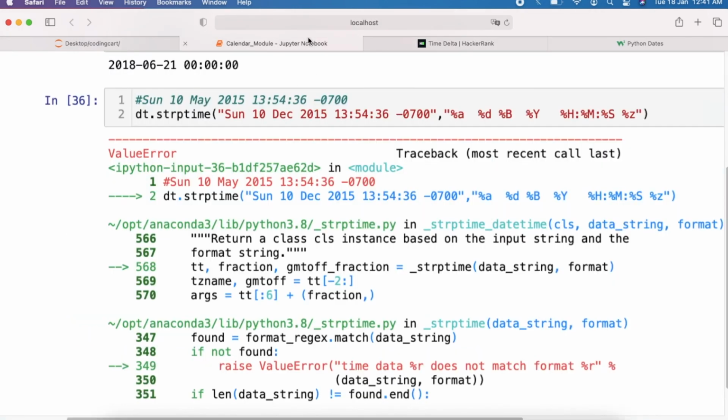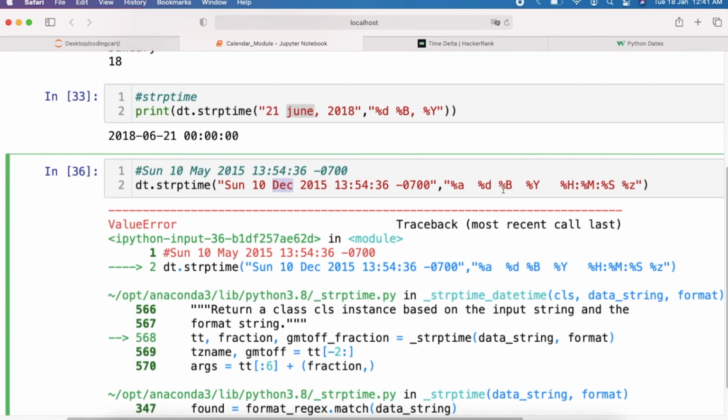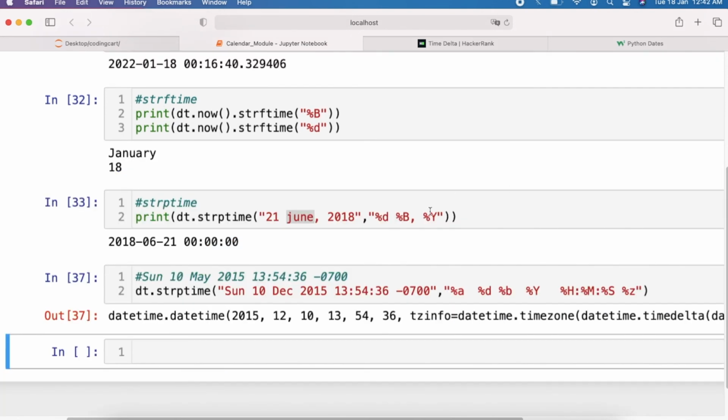But whenever we use Dec for December with capital B, it simply throws an error. Means it is not taking the correct value. So here we have to change this B to small b, then it will work fine. You can see here it is working fine.